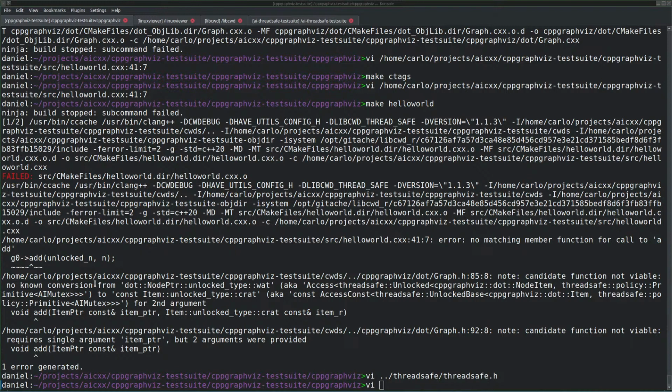No known conversion from node pointer unlocked type, aka access unlocked, to item unlock cret, aka access const thread safe unlocked base.